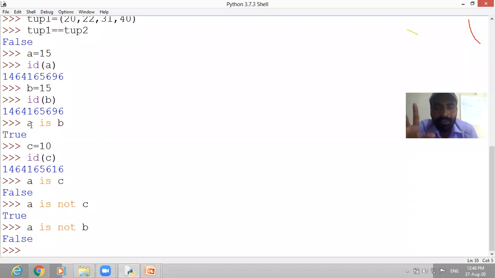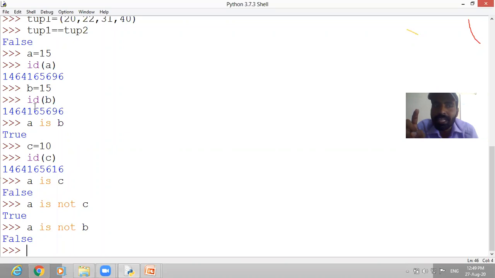So you don't go to the variable. If I write a equal to 15 and if I write capital A equal to 15, it doesn't matter. If your values are same, means 15 is there in capital A and 15 is there in small a also, then the identity will be same, because the values are stored at the memory address, not the variable. Is it clear? You can check that also.